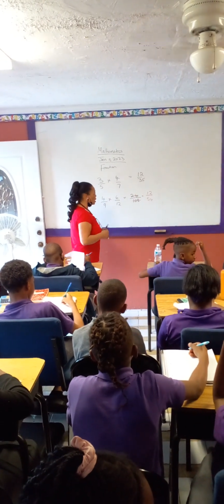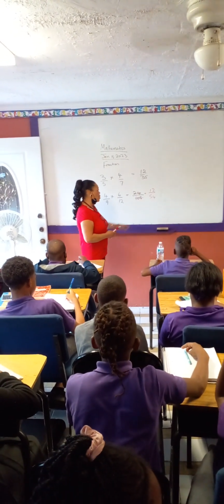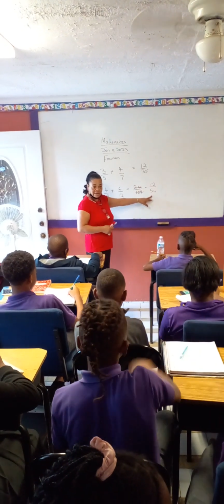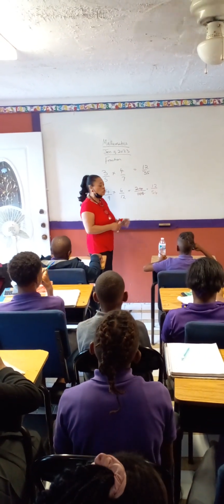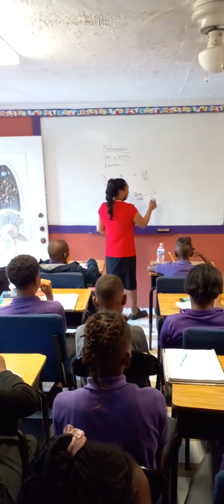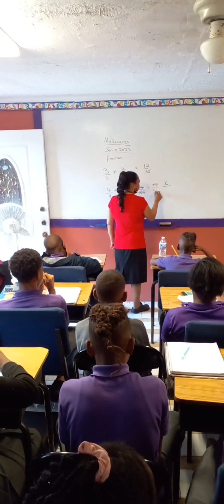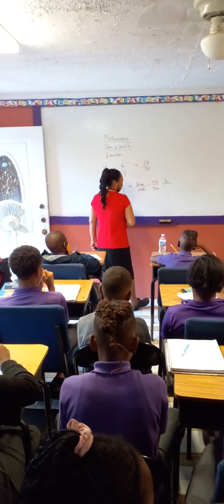But when I look at it, I can still divide some more because this is an even number and this is an even number again. So what can I use to divide again? 2. I can still use 2. And if I do 2 into 12, I'm going to get 6 times. And if I do 2 into 54, I am going to get